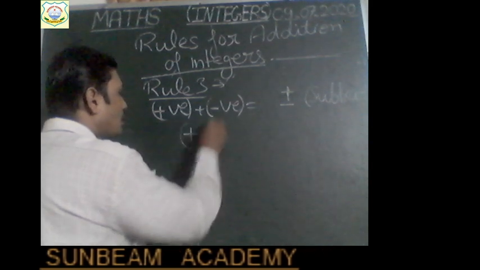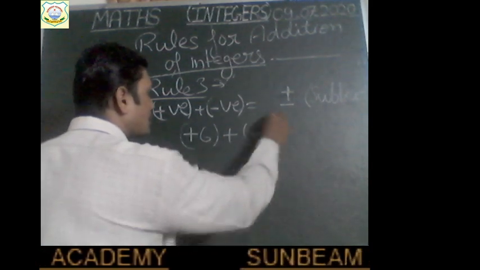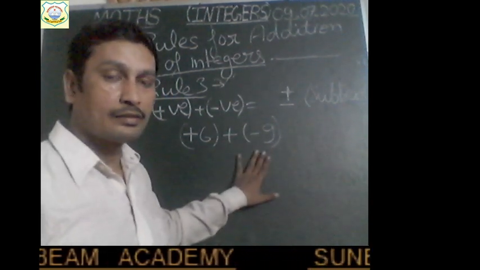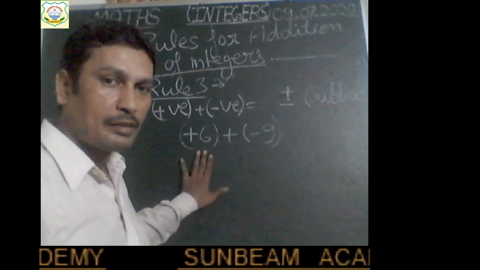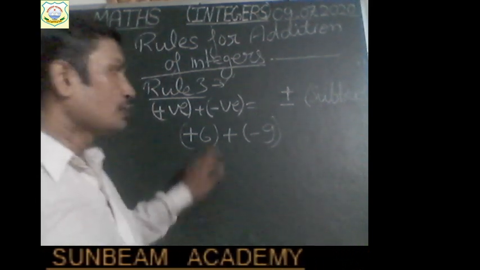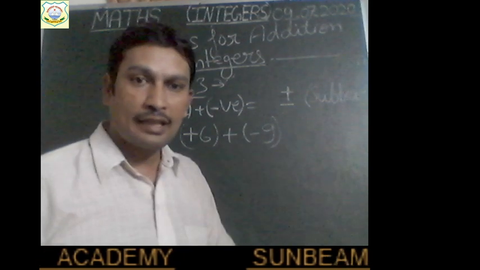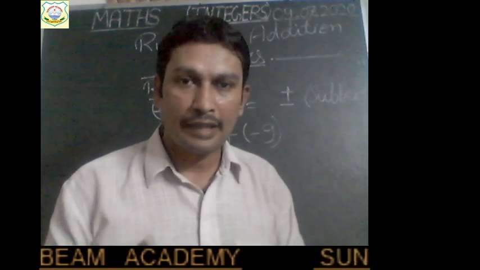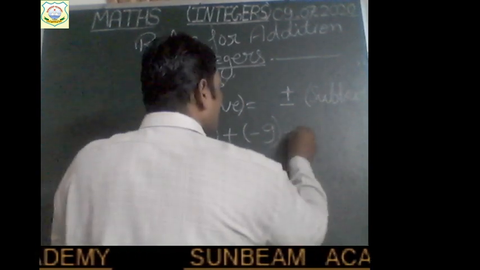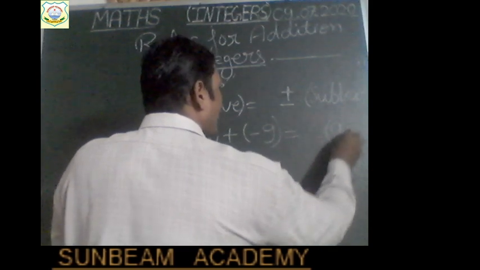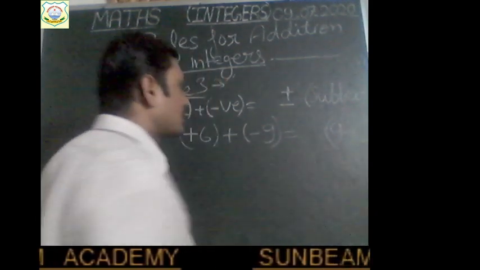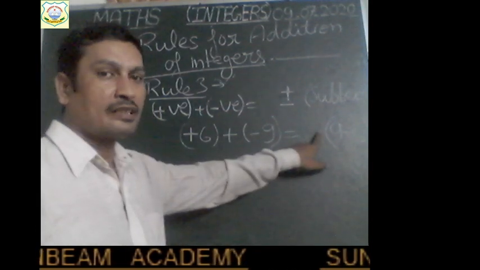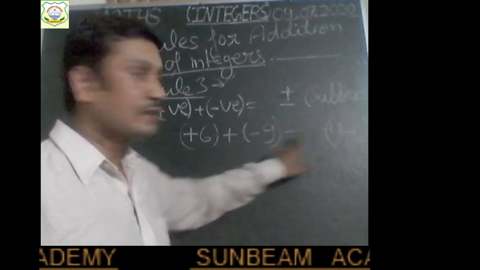Plus 6 and minus 9. Here the negative integer, negativity is higher and positivity is less. Am I right? So what will you get? You can see these two integers have opposite signs. So what will you do? Add or subtract? You will subtract only. Right, children? So you will have to write the difference between the numbers, 9 minus 6, from greater to smaller. You will subtract. But what sign will be written outside? Plus or minus?